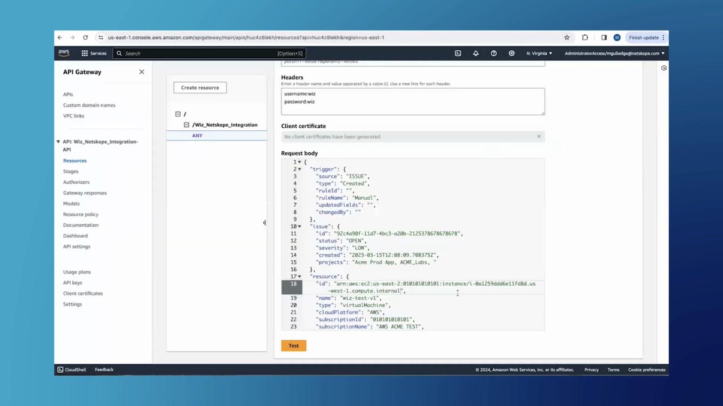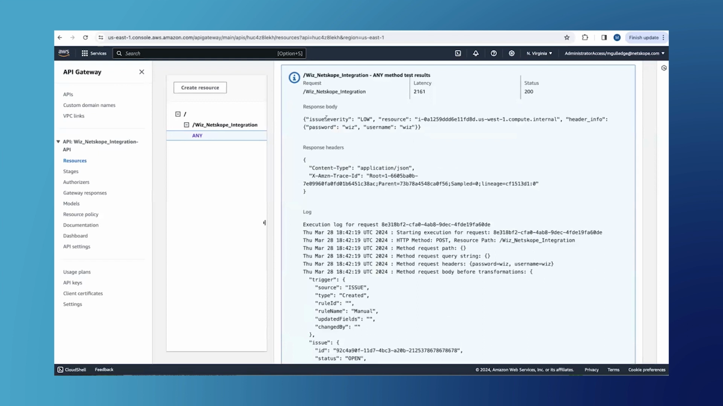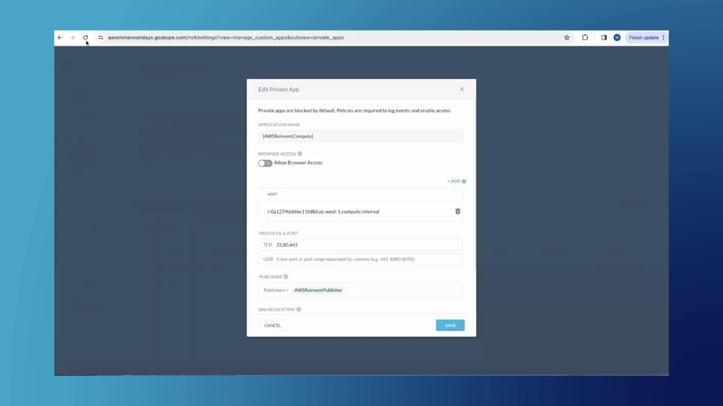So we can see here, my request body has the private application hostname that my NPA users are utilizing, along with the username and password, again, demo, so it's just Wiz. And now I can test this. And we should get a 200 indicating that the NPA policy has been updated. So if I jump back over,